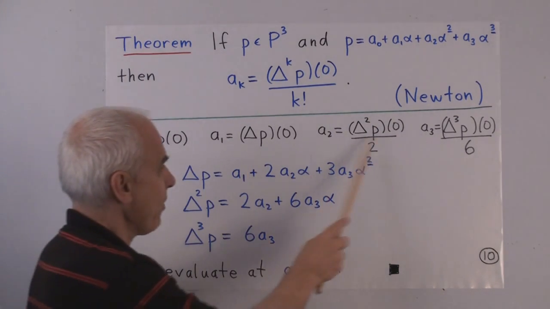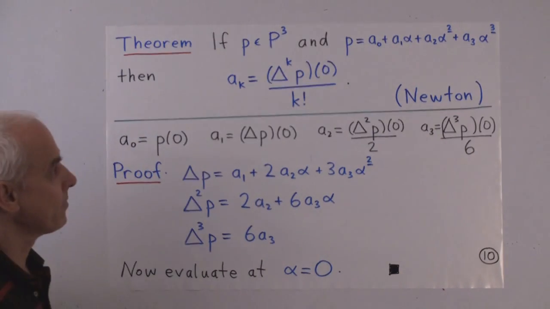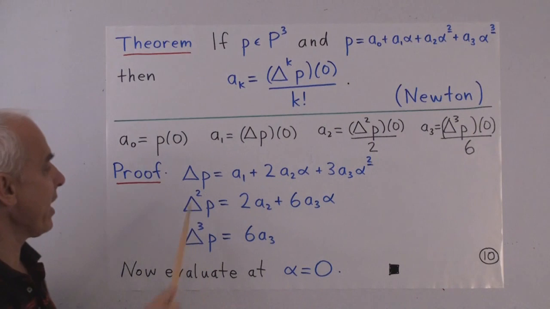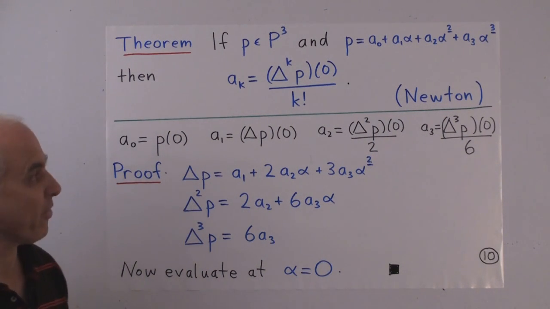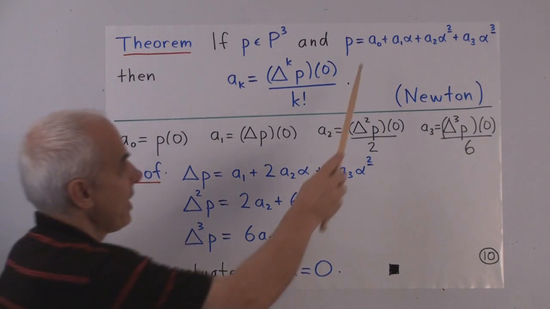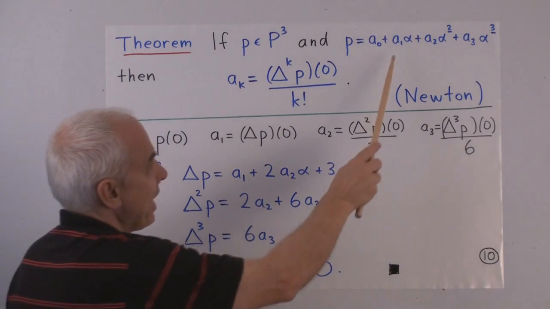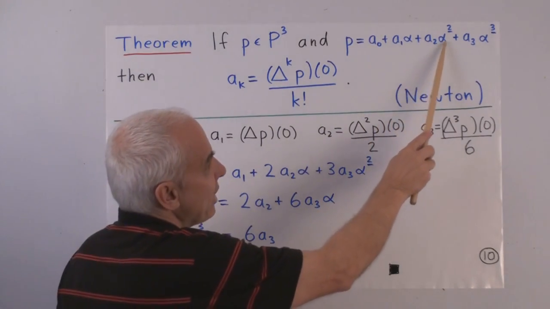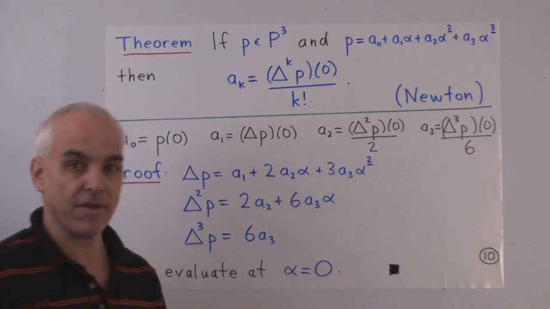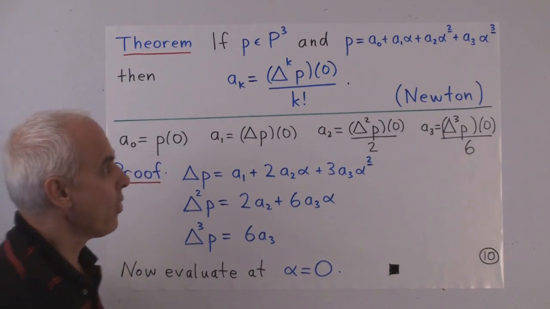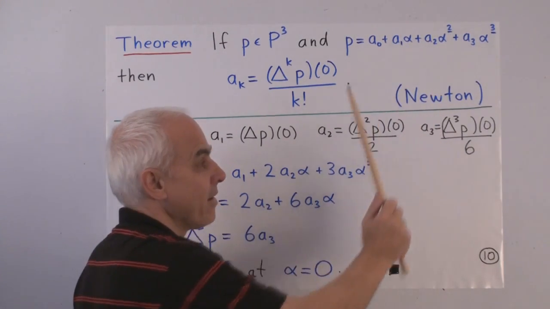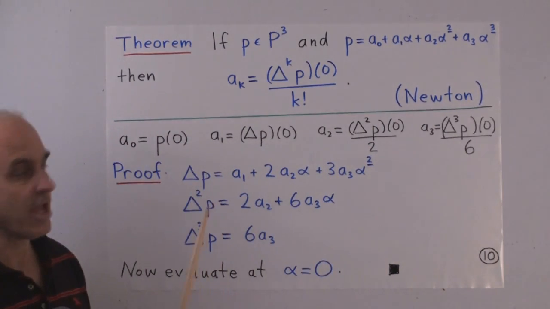What about these other three? Why do they hold? So let's have a look. What happens to this polynomial when we apply the forward difference operator? A0 goes to 0. A1 alpha goes to just A1. And what happens to A2 alpha to the 2 lowering when we apply the difference operator? We get 2 times A2 times alpha to the 1 lowering, which is just alpha.